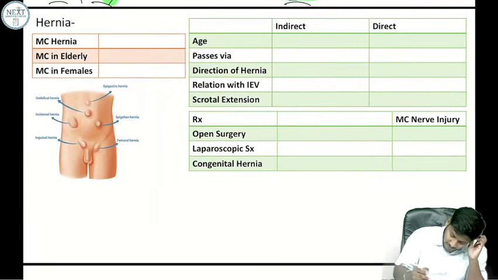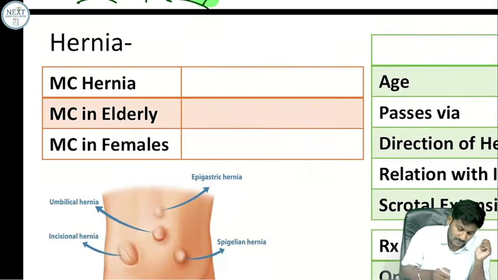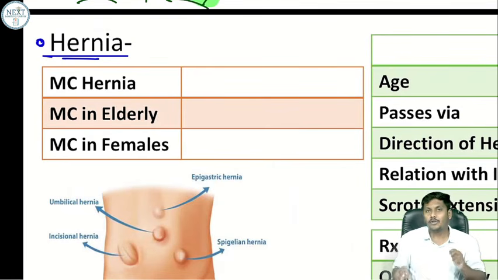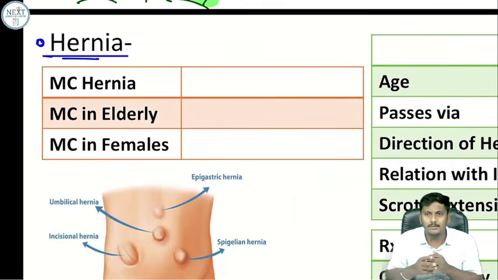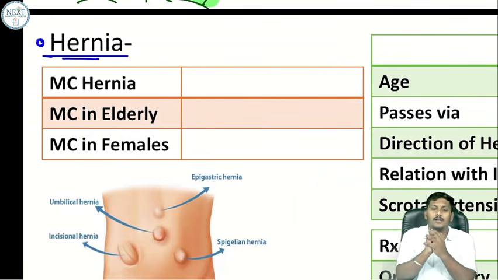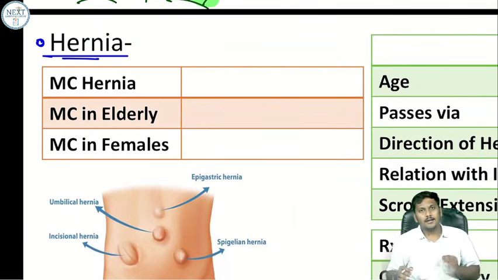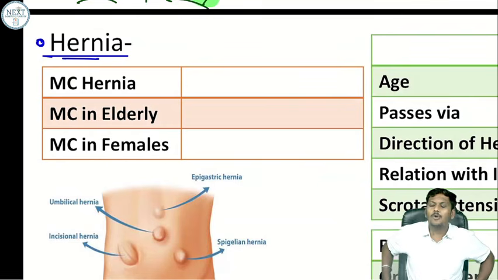And last part is hernia. Now, when I talk about hernia, we know hernia literally, the literal definition is protrusion of a viscus or a part of a viscus through the wall which contains it. That means whenever any internal organ will try to come outside its wall, that is a herniation. For example, if intestine or the bowel tries to come out from the anterior abdominal wall, that will be called a herniation. Important is we know any hernia in the anterior abdominal wall is called the abdominal wall hernia or a ventral hernia, and any hernia in the inguinal or the inner thigh region is called